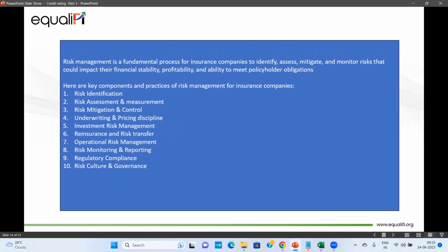Another is risk management, which is a fundamental process that is also important for insurance companies to assess and mitigate risk. So when we talk about risk identification, risk assessment,